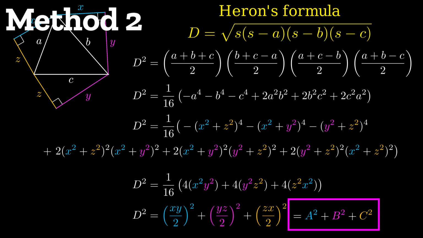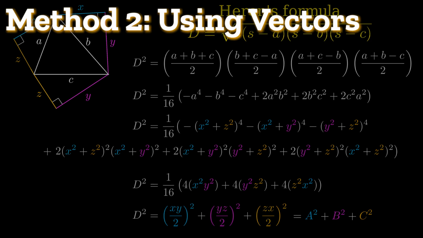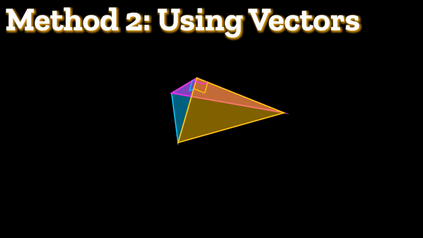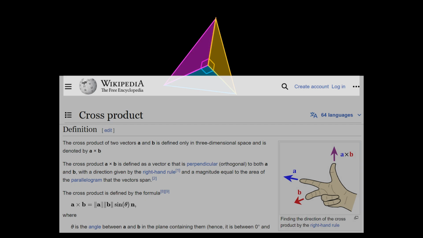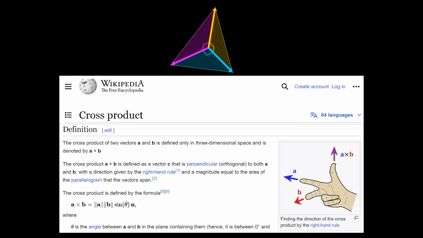which is less algebraic because it makes use of vectors. In particular, the cross product of 2 vectors in 3 dimensions. The cross product of a and b, for example, gives a third vector which is perpendicular to both a and b. The magnitude of the cross product is the magnitude of a times the magnitude of b times sine theta,